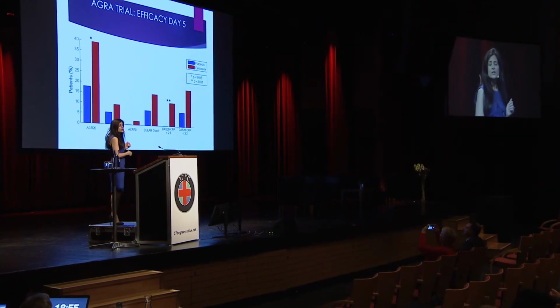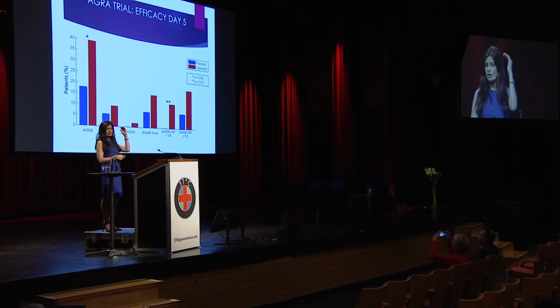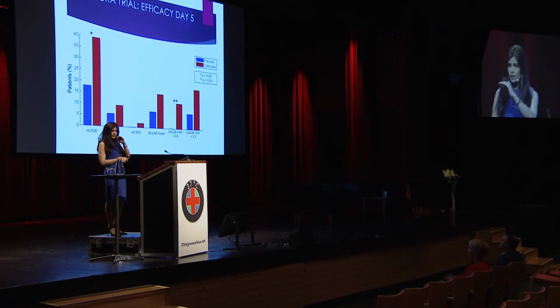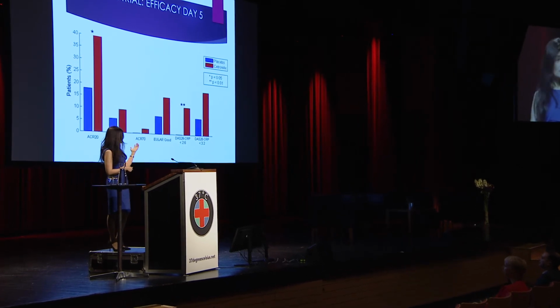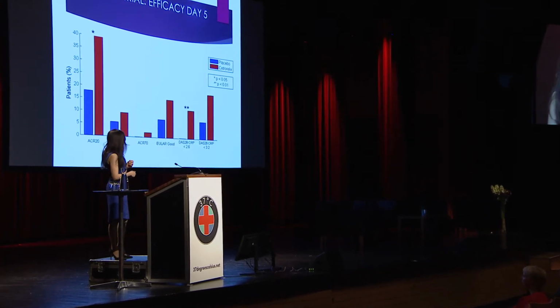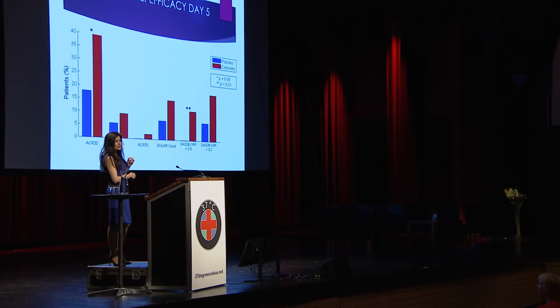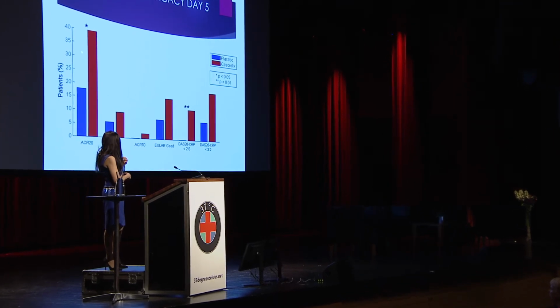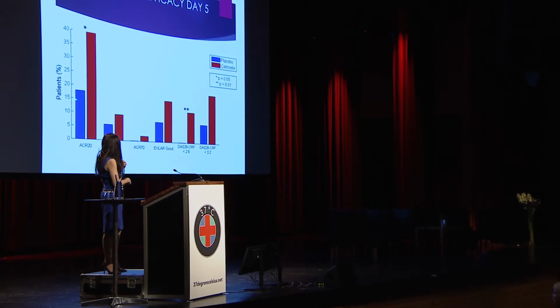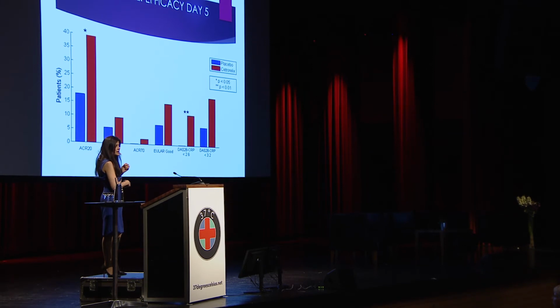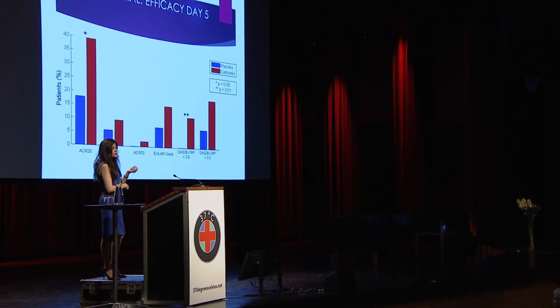So the red bars are the patients that received the GnRH blocker, therefore also blocking LH and FSH. And the blue bars are the patients improving on salt water. So significantly more patients in here achieved a 20% improvement taking the GnRH blocker versus salt water. And this is the gold standard we use for RA trials for FDA approval, a 20% improvement.